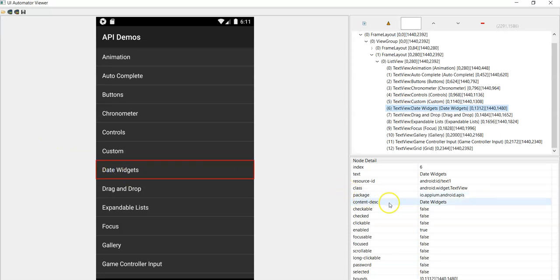Here you can use accessibility ID with content desc value or text attribute value with XPath or UI selector class. Now let's use accessibility ID. In every example we are using text attribute value, so now let's use accessibility ID with the content desc value.